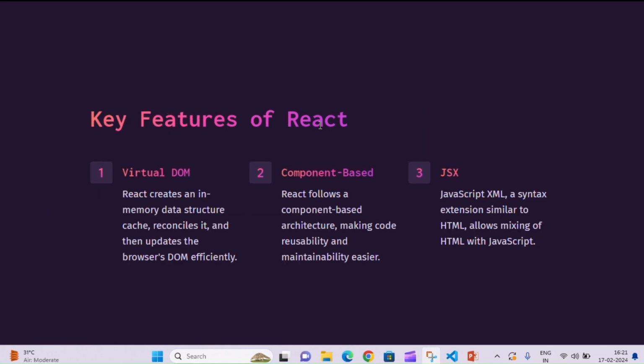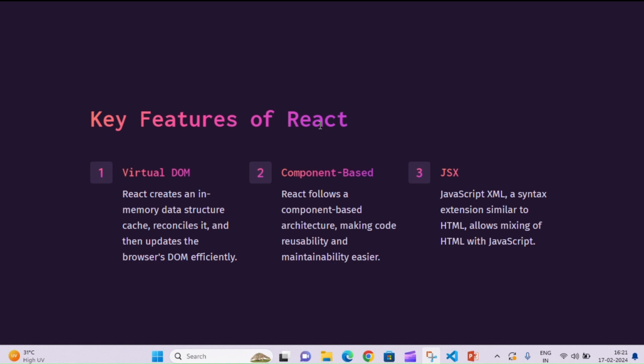What are the key features of React? The key features of React are virtual DOM, component-based architecture, one-way data flow, JSX syntax, and a rich ecosystem of libraries and tools. First, Virtual DOM. React creates an in-memory data structure cache, reconciles it, and then updates the browser DOM efficiently.